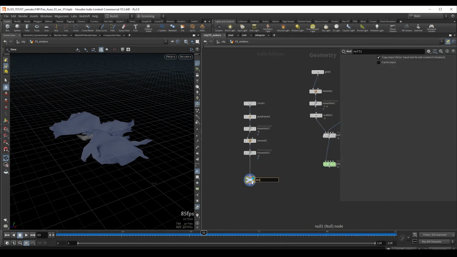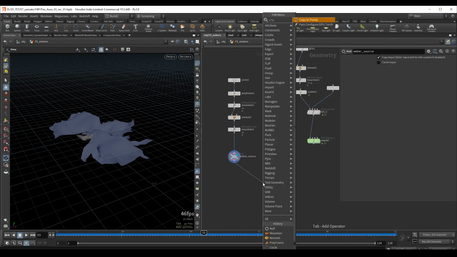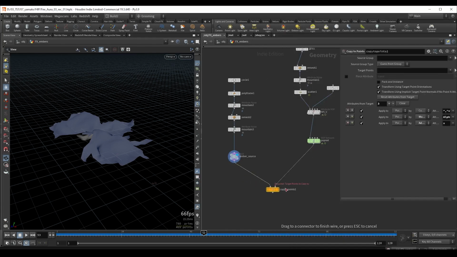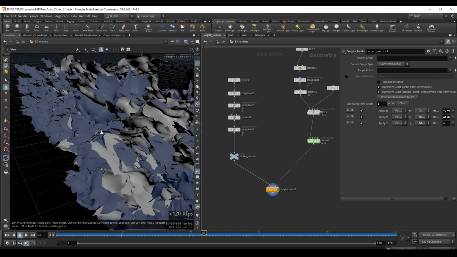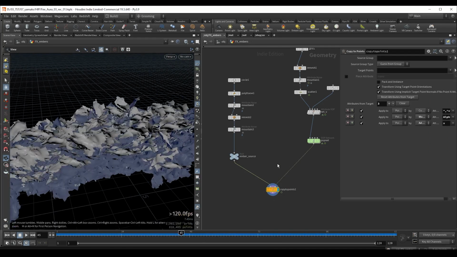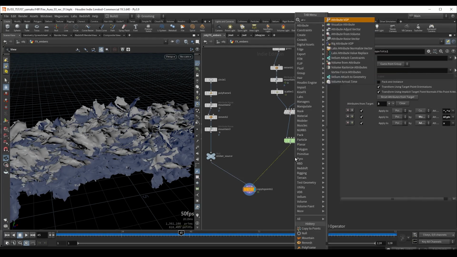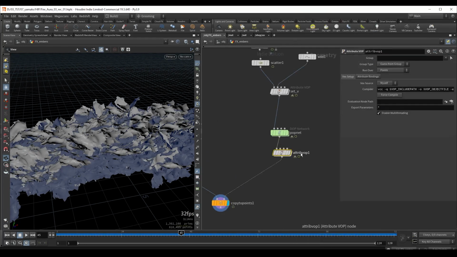and let's rename this to Ember source, and we can plug this inside a copy to points and use our particles as our template points. So now if I look at the result, obviously the size here is way too big, so we can start adjusting our particles, and we want to do an attribute VOP after we simulate them. Let's rename this to set p scale,